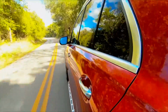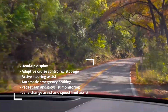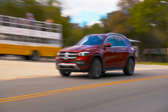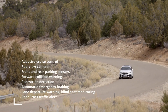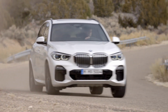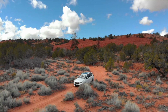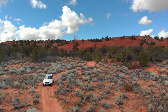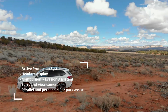Optional safety features include a heads-up display, adaptive cruise control with stop-and-go capability, active steering assist, automatic emergency braking, pedestrian and cyclist monitoring, lane change assist, and speed limit assist. While for the X5, it offers adaptive cruise control, a rear-view camera, front and rear parking sensors, forward collision warning, pedestrian detection, automatic emergency braking, lane departure warning, blind spot monitoring, and rear cross-traffic alerts, as standard. Some of these features are part of BMW's Active Driving Assistant. Optional features include BMW's Active Protection system, a heads-up display, night vision, evasion assistant, a surrounding view camera, and parallel